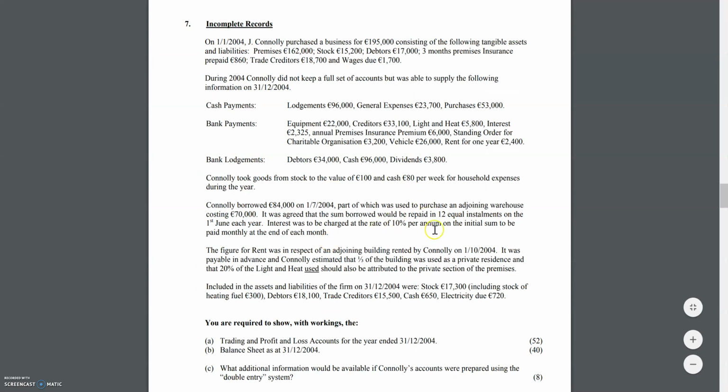The second part then is based on the loan itself. So interest was to be charged at a rate of 10% per annum on the initial sum to be paid back monthly at the end of the month. So he's got 84,000. The rate is going to be 10% per year, but he only has it for 6 months. So he got the loan out on the 1st of the 7th. So it's going to be 6 months. So 6/12